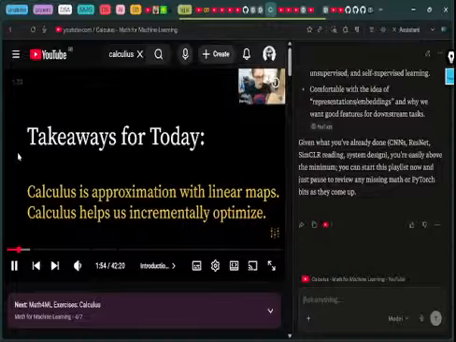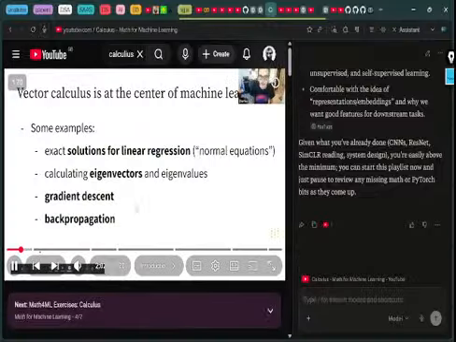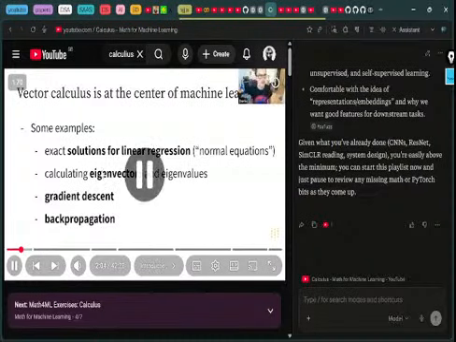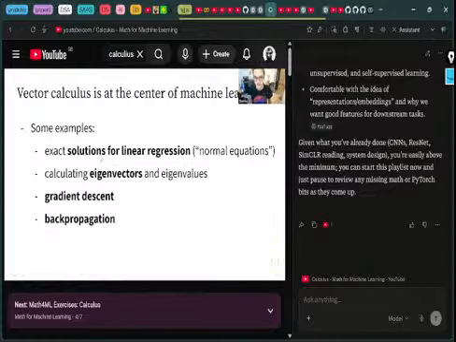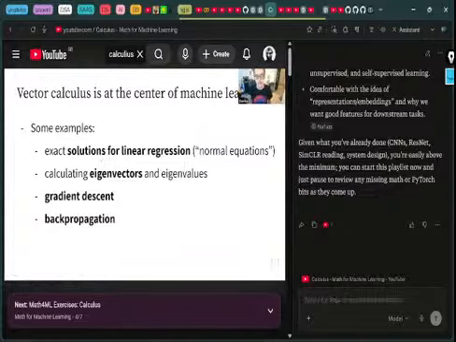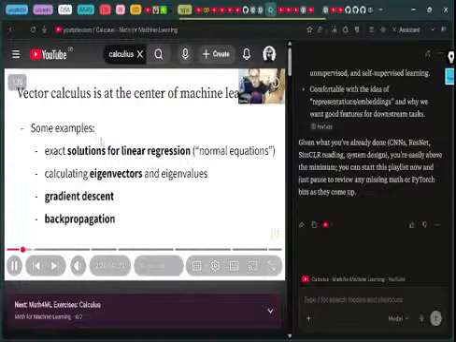But then one point which we will hopefully but not definitely get to is that calculus has been automated. Calculus can be done automatically in computers nowadays. Vector calculus is at the center of machine learning. So I think most folks will probably have taken a class on calculus with a single variable, derivatives of functions with a single variable. Vector calculus does the same thing, but instead it's with vectors, with arrays, with matrices as the arguments to the